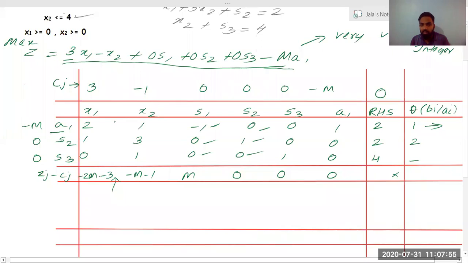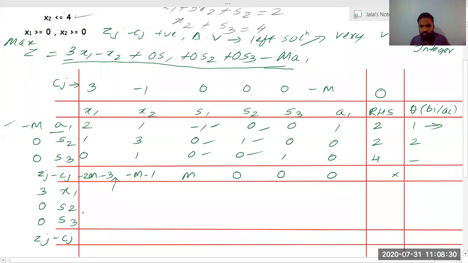Directly A1 is leaving. This is a good sign. And X1 will enter. S2 will be there, S3 will be here. If X1 entered, that doesn't mean our solution is done. Our solution will be completed only when Zj minus Cj is positive and the artificial variable has left the solution. This is important. So the first thing is good, the artificial variable has left the solution. We need to consider the second thing, where all Zj minus Cj should be positive. The value of x1 from z is 3, s2 is 0, this is 0. Can we check it once again? Yes, this is correct.